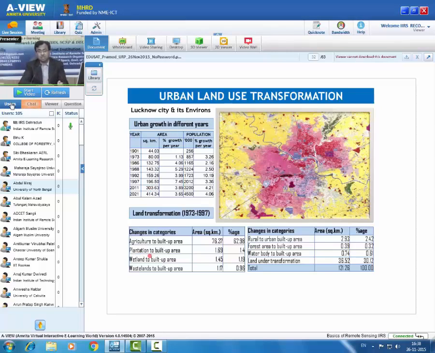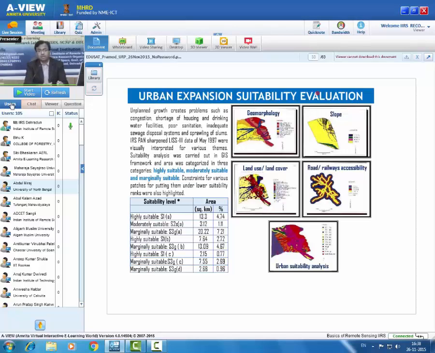That means from which category to which category the land use has changed. For example, agricultural to built-up area: how much, what is the percentage, and as a geographical area how much change has occurred. From plantation to wetlands and several other categories, how the land use transformation for urban areas is happening. Now, when it comes to urban areas, because the urban growth seems inevitable,